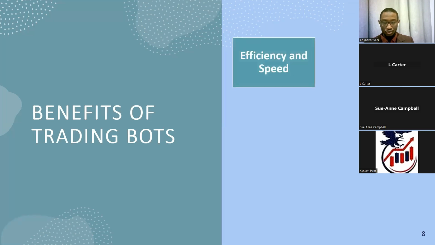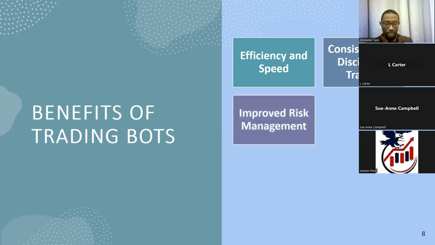First of all, they provide us with speed. We can't compete with computers in terms of speed and efficiency. They are also consistent and very disciplined. So once you set, let's say, your risk management in place, they will follow that risk management plan and they will not deviate. They also help make sure the risk management is highly improved. Not only that,